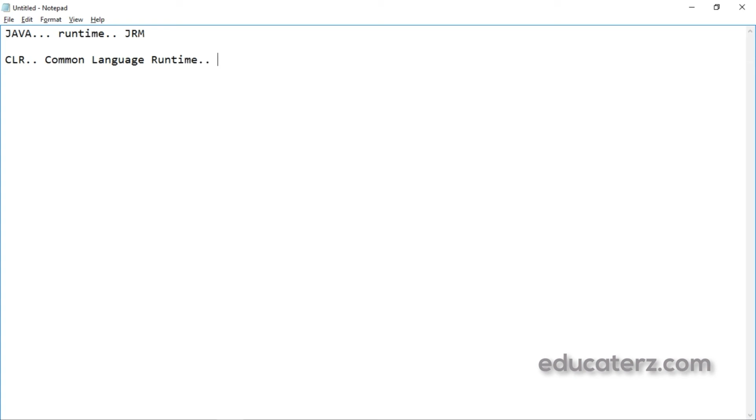CLR has some tasks to be performed. Let us start one by one each. Before that, let me list out the CLR features, what it is having, the responsibilities of CLR. One is garbage collection, other one is code access security, and another thing is code verification. And the final thing is IL to native translation.